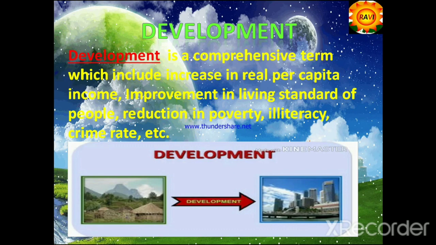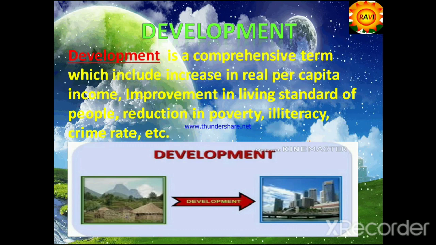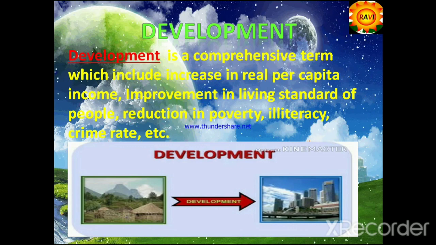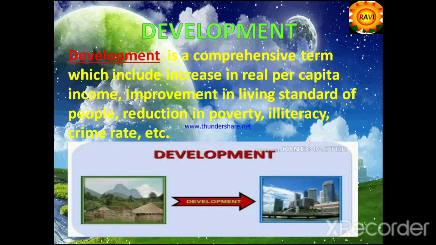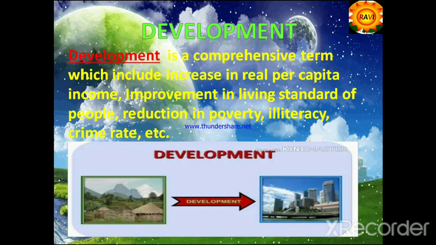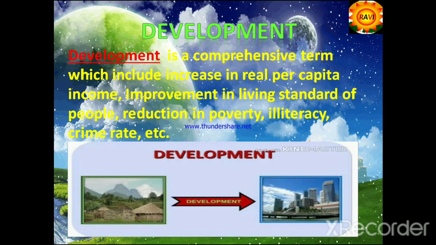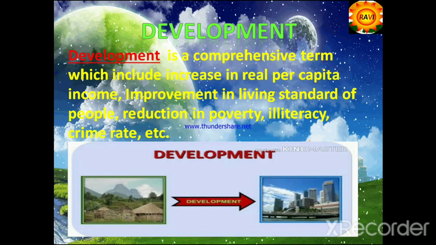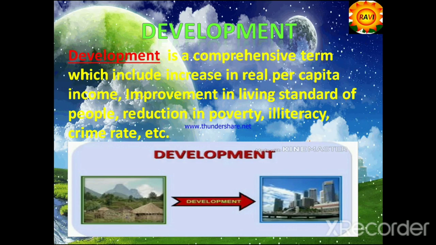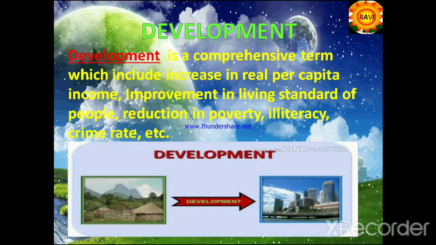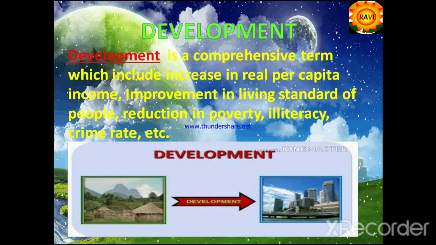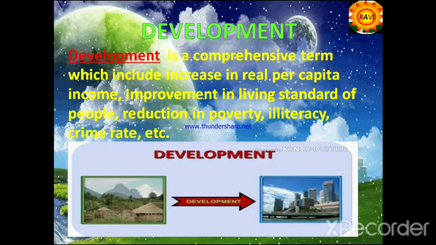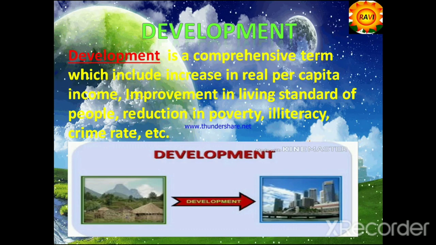And the third criterion for development is illiteracy. Wherever the literacy rate is 100%, the areas will automatically get development within a short period of time. And wherever the literacy rate is low, the areas will take many years to get development. Best example, in India, the states like Bihar and Kerala. Kerala has the highest literacy rate in India, that is 100%, but Bihar has the lowest literacy rate. So we can compare the development between Kerala and Bihar.